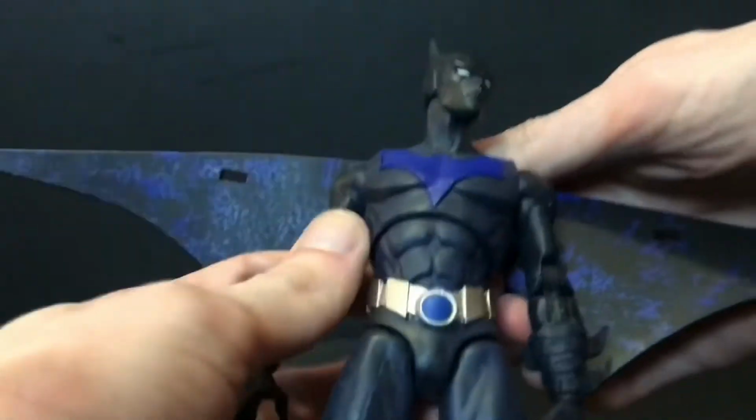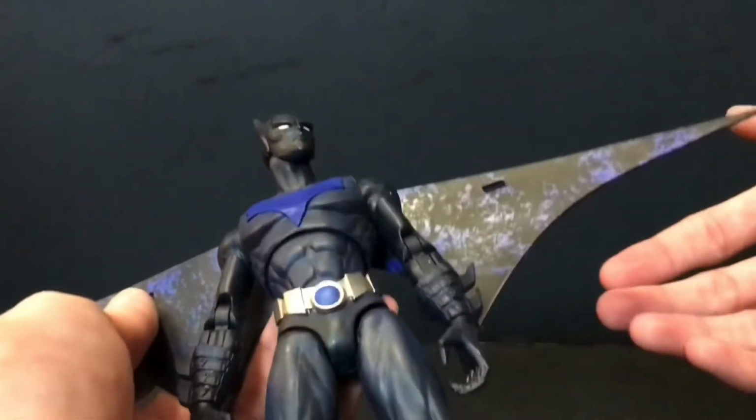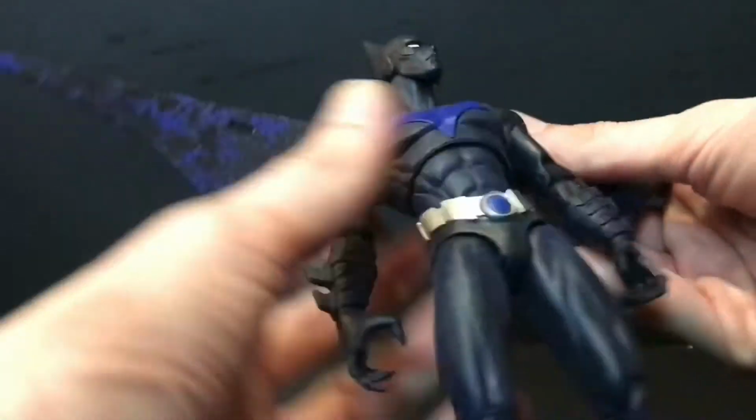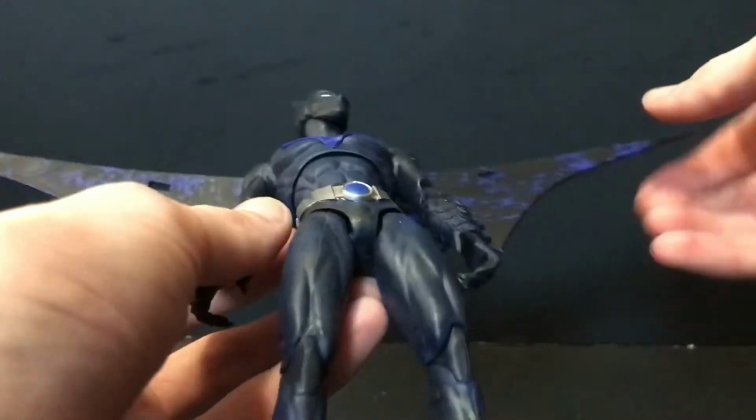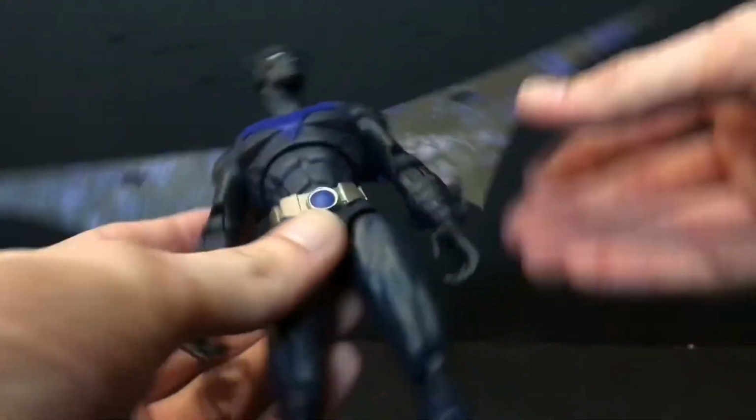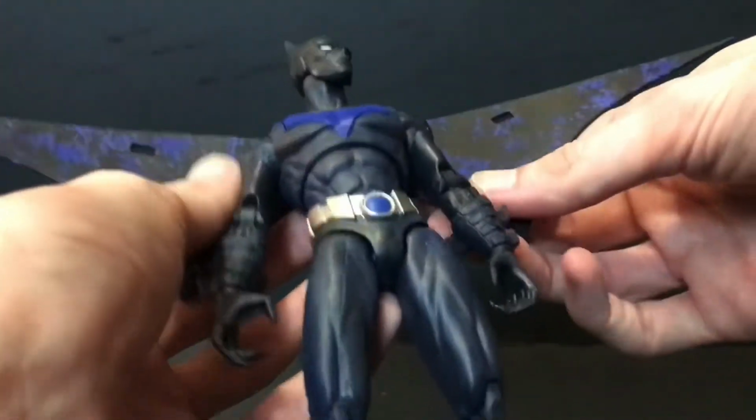Because, duh. There you go, there's both wings. And there's a trick to actually get these off, and what I do is I'll set these figures on the heat duct in my room, on the floor, actually right over there, for a little bit. And I will carefully pop these out to save shelf space for the most part. But with this one, I don't know. I'm tempted to leave them on